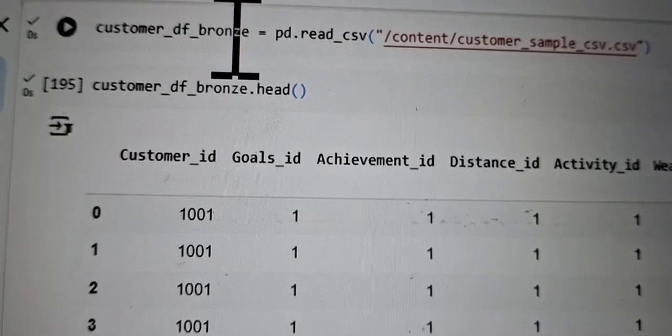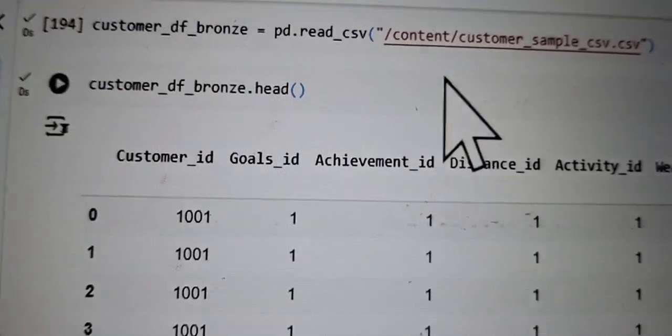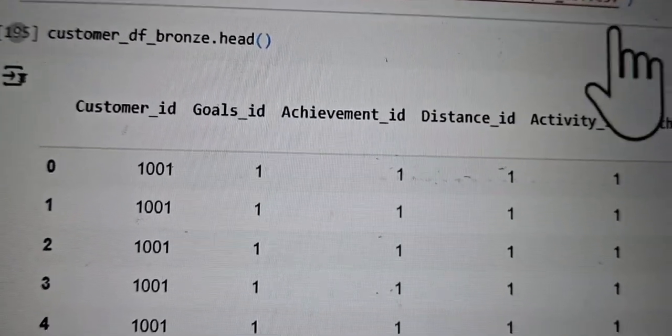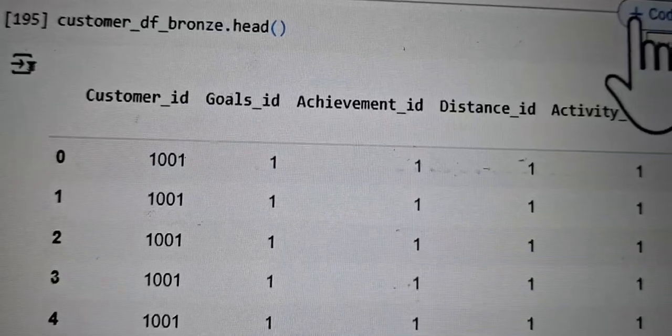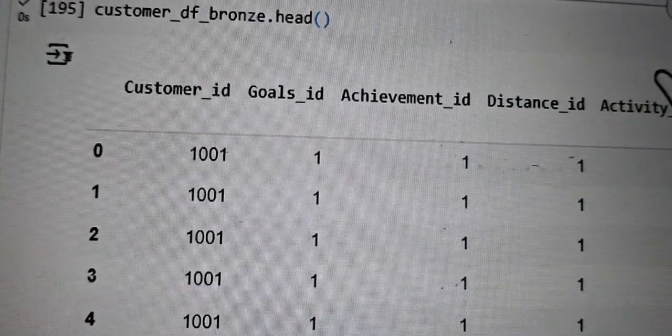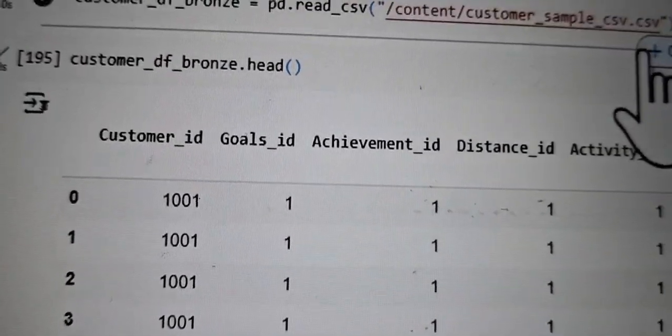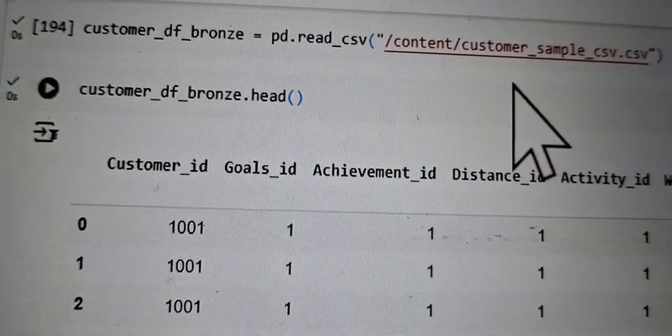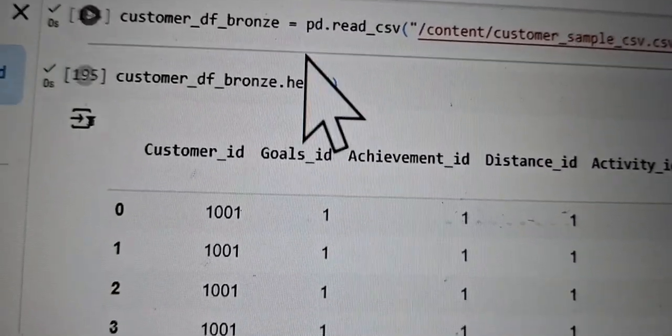So customer_df_bronze = pd.read_csv, and give the path of your CSV wherever it is, whether it is on S3, on a GCP bucket, or on Microsoft Azure. As per your cloud environment and your convenience, you can do that. Next, I want to